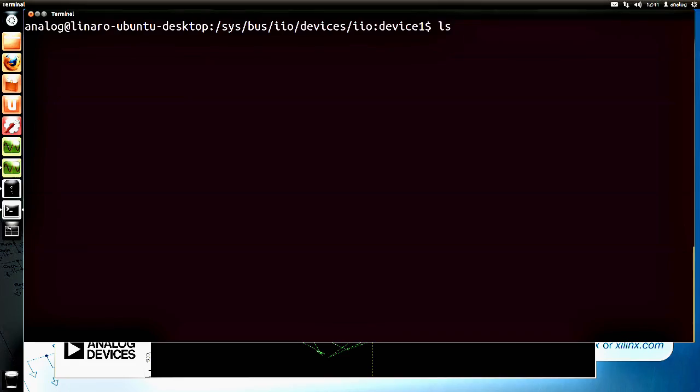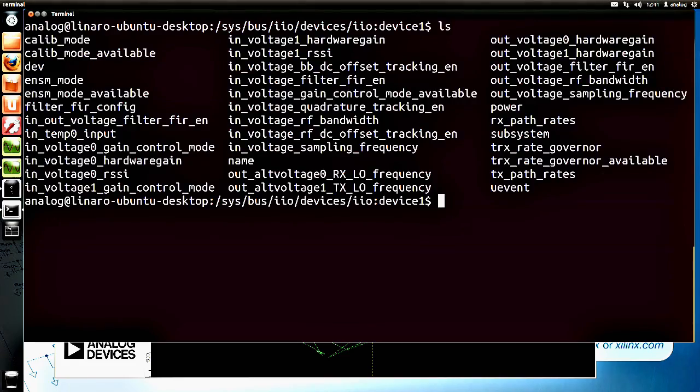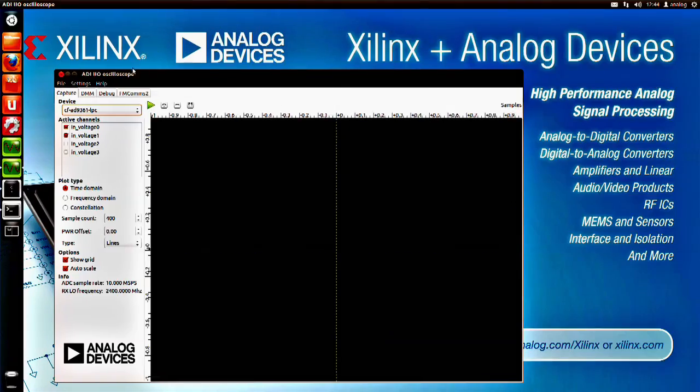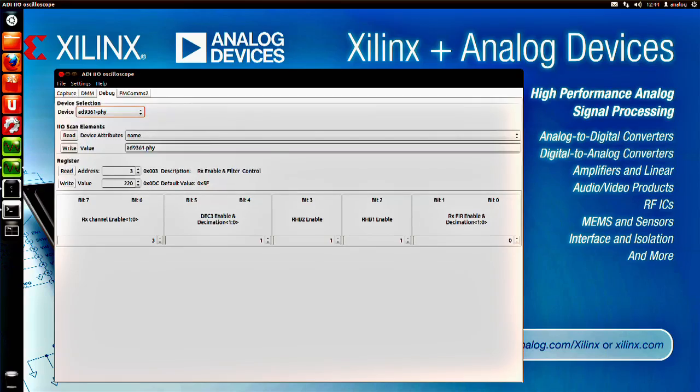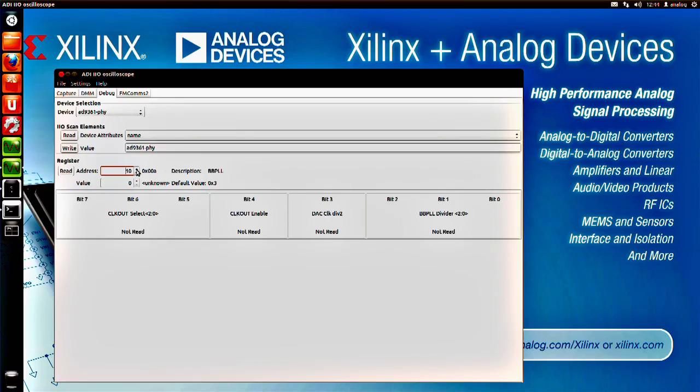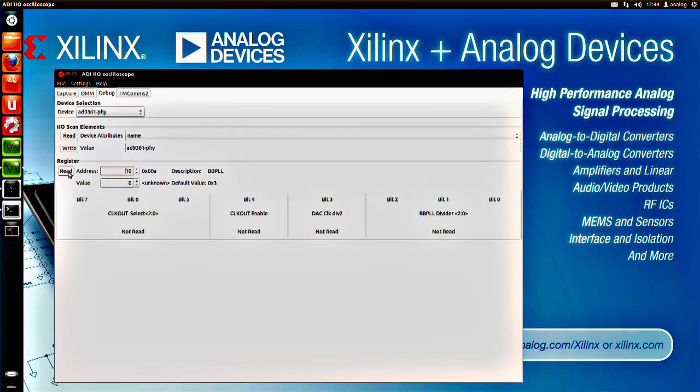As in all things Linux, the device driver is managing attributes of the hardware to keep the complexity of the actual device management away from user space. Everything is just a file in sysfs, and just by doing open, read, write, close, things can be changed on the fly. For those who want to poke into the low-level details of the 9361, the IIO scope does have a debug option which allows you to have low-level register access and see what each bit is doing in the